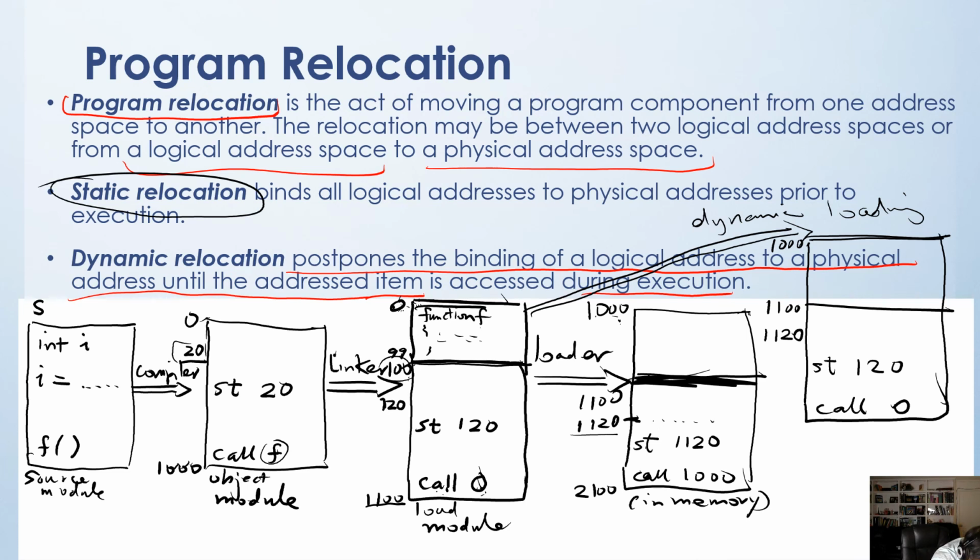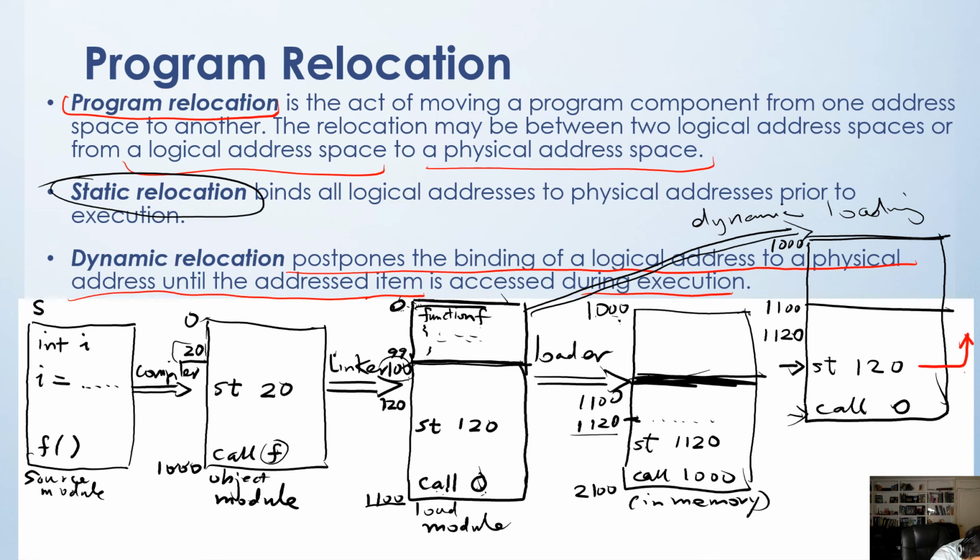When we run the code and call the function, then we decide dynamically which physical memory it's going to be. So when you call this statement,